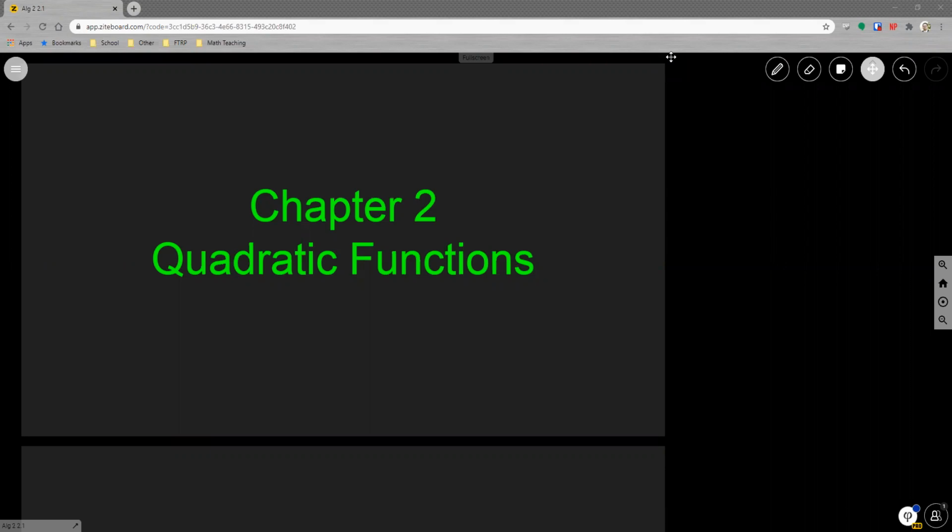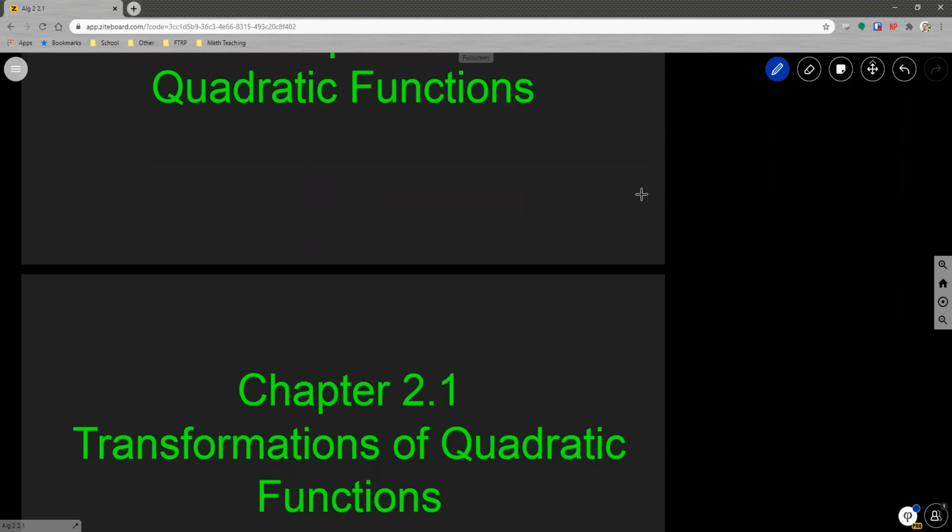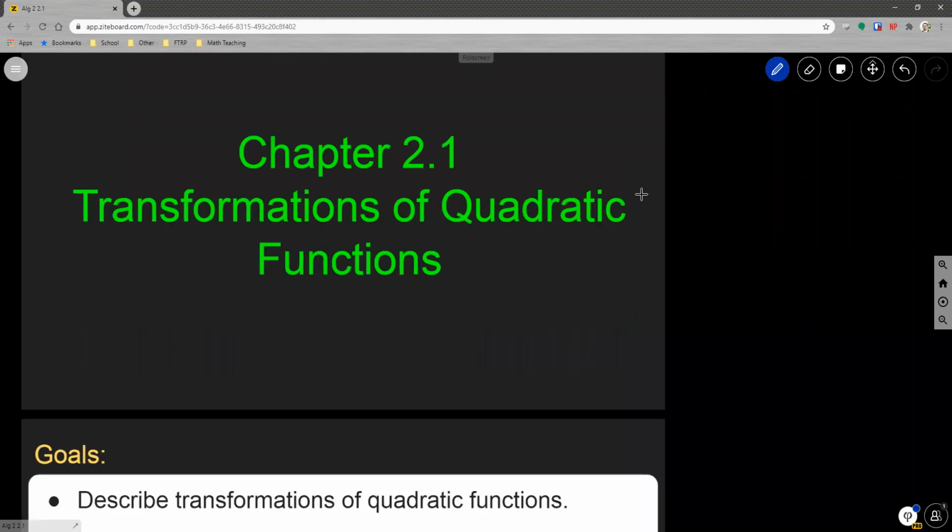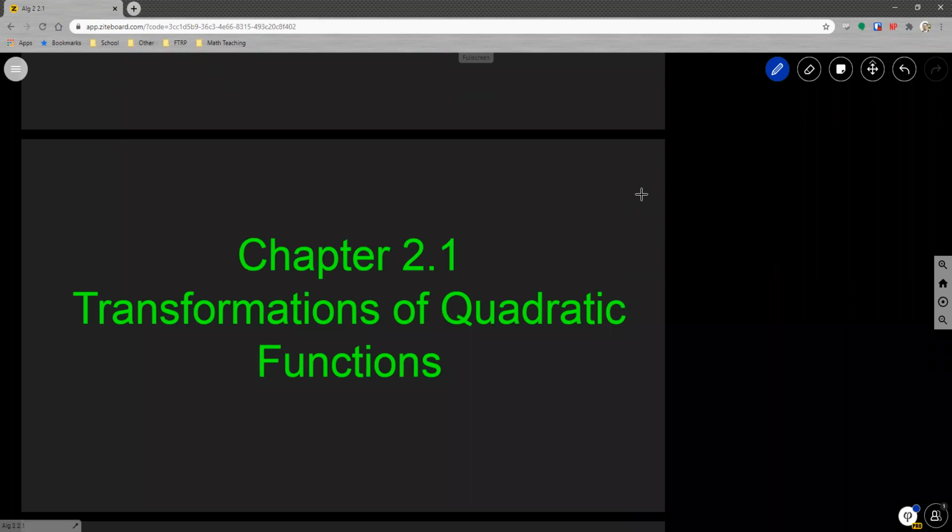This is going to be the start of Chapter 2, and that section in Chapter 2 specifically is called Transformations of Quadratic Functions. So what we're going to be working with is very similar to what we worked with in Chapter 1.1 and 1.2, transformations of functions. The same three transformations still apply. We still have translations, stretches and shrinks, and reflections, which all apply the exact same way as they did with absolute value functions